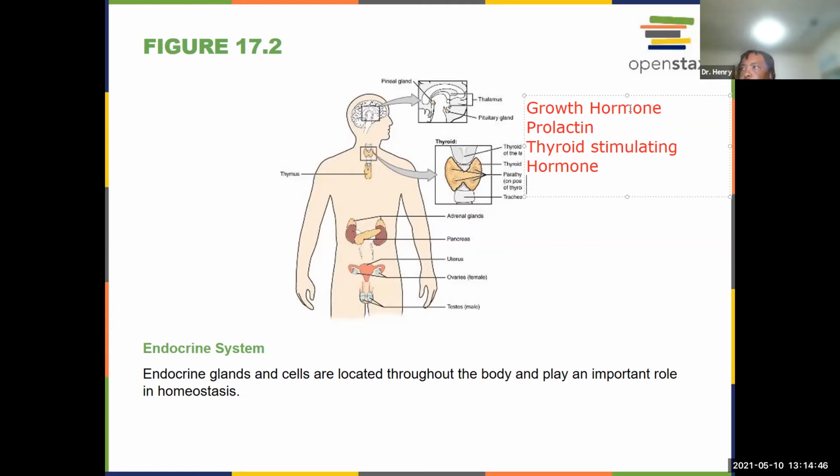So all four of those are made in the anterior pituitary,